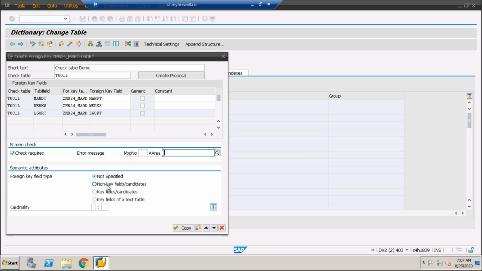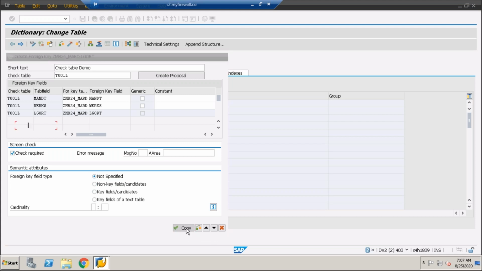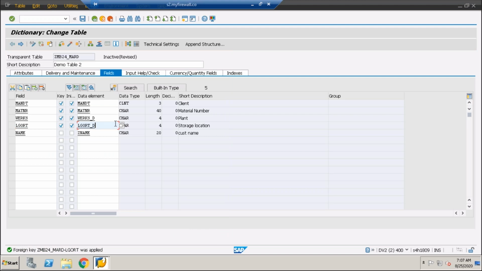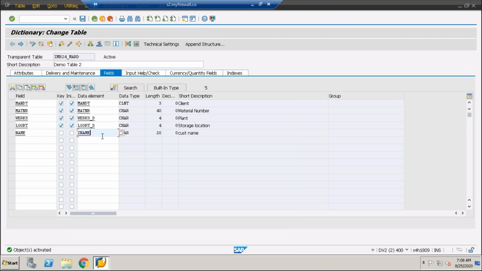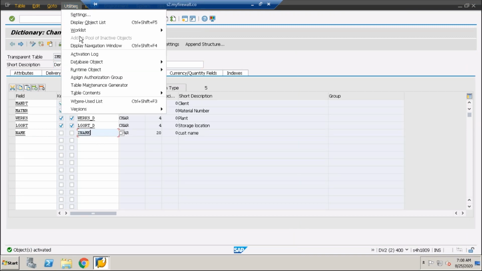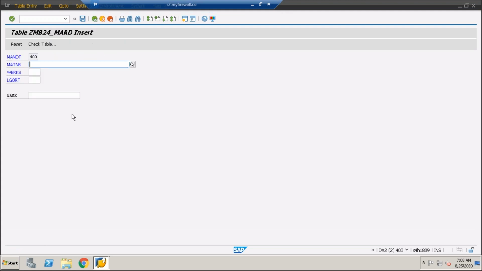Whatever is there by default, here you can see the check required, also leave it like that, it is important. If you don't give anything, it will give you the system message if something goes wrong. But if you give the custom message over there, it will give the custom message if the check table is invalidated, right? So now I'm going to give, at this point of time, an invalid entry. So a one works, and the invalid entry, I'm just going to give something